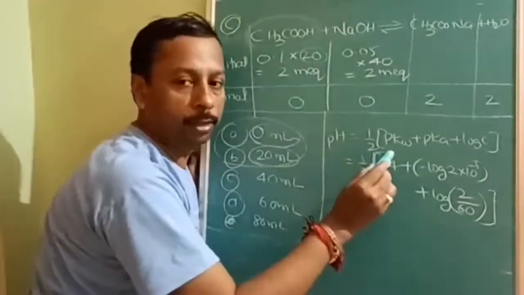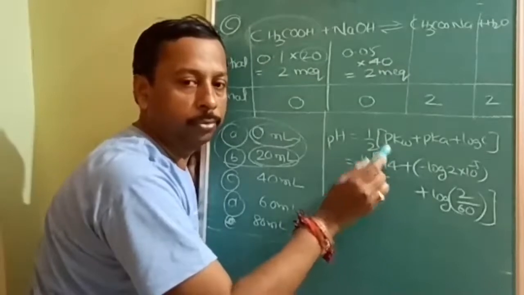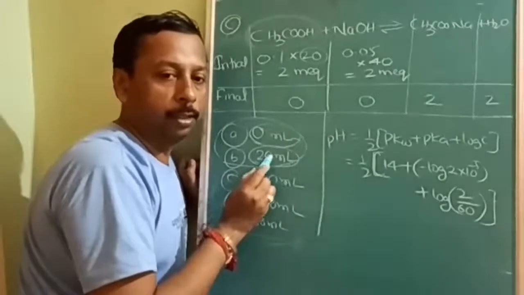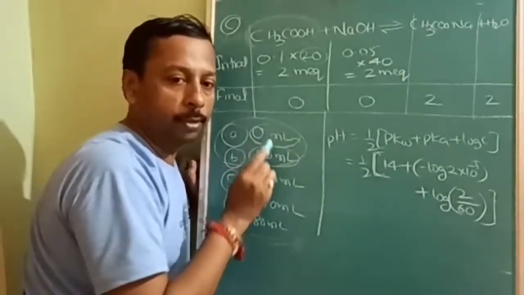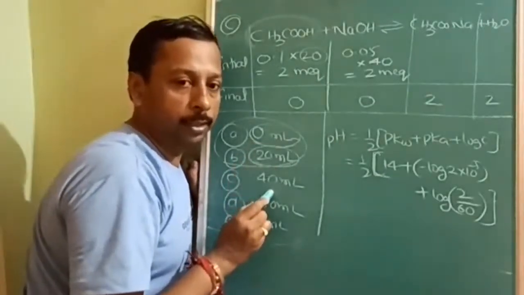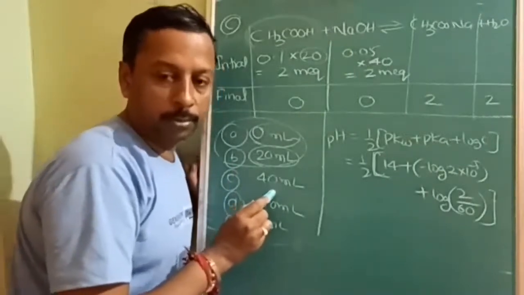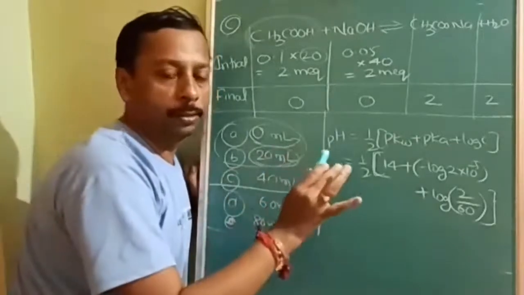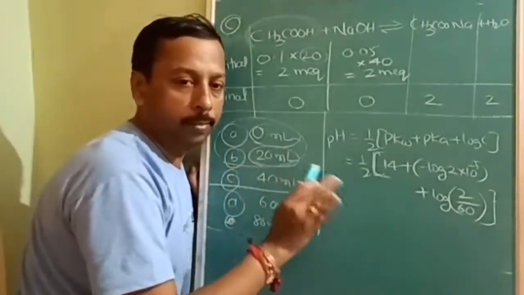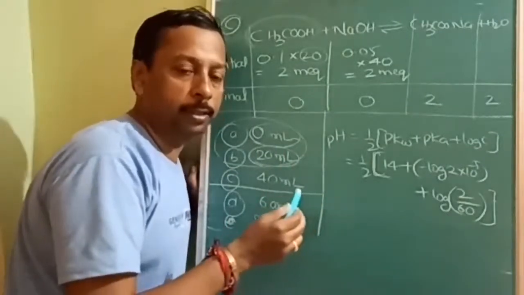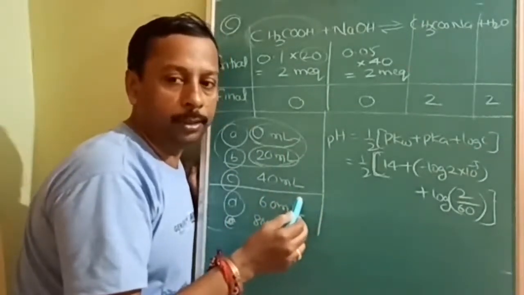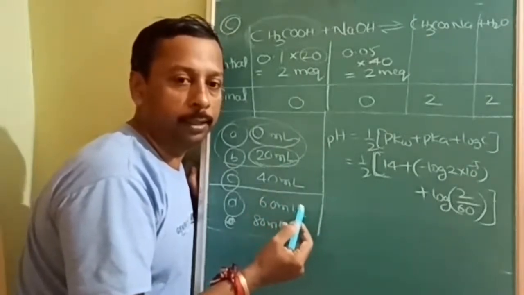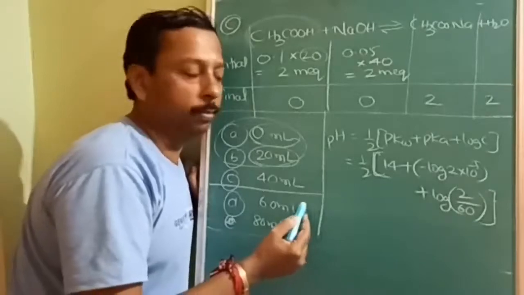First of all, there should not be any confusion which formula to be used. See, same equation. Here we have used the buffer solution formula. Here we have used the weak acid formula. Now we are using the salt hydrolysis formula. Like that, most of the students are feeling difficulty. But if your concepts are clear at this stage, then there won't be any problem in the neutralization or titration. So titration, sometimes I will say it is salt hydrolysis, sometimes I will say buffer. That time it should not be a problematic situation.